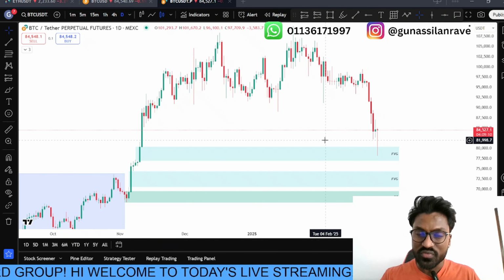Unless you are a swing trader, which means you don't necessarily need to focus a lot on the smaller time frames. You can find your entries there, but primarily you need to focus on the bigger time frames to understand certain areas like fair value gaps, OB zones, and so on and so forth. But if you are like me, interested in being more of an intraday trader, you still have to be identifying